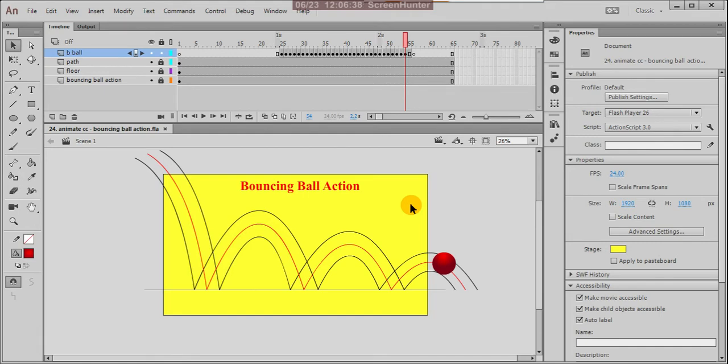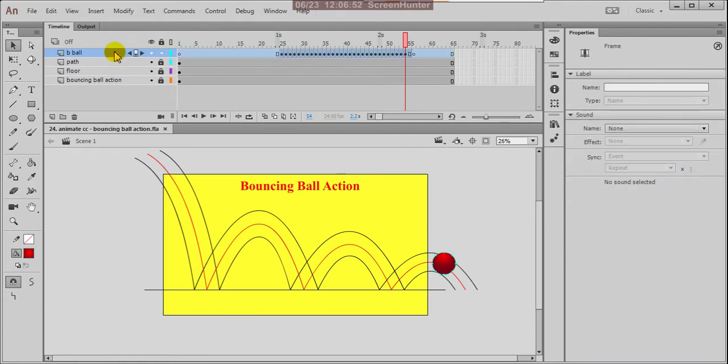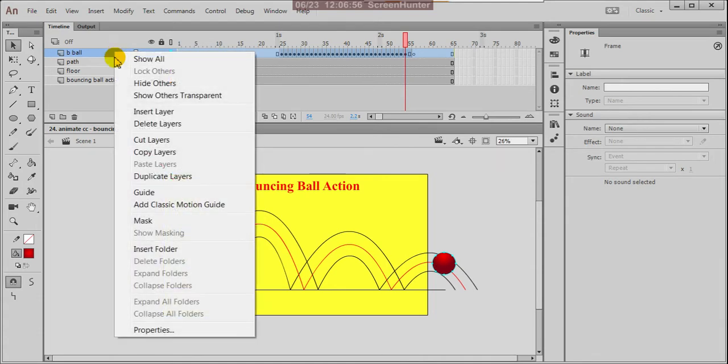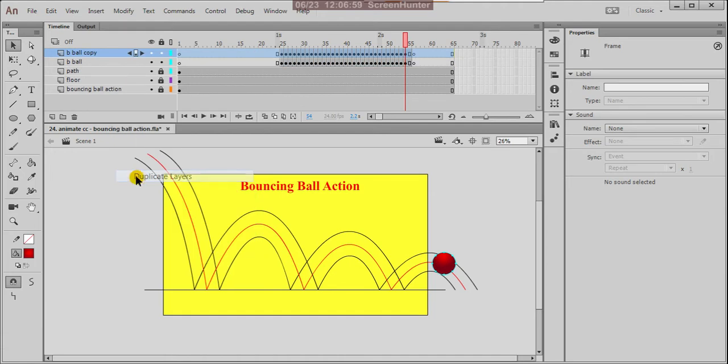Yes, for that what you do, you can duplicate this layer, duplicate layer.